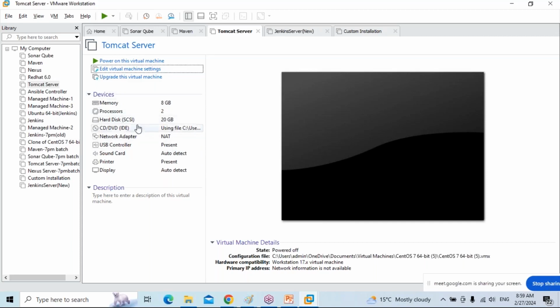You want to add the storage. Hard disk is the storage. Shut it down and add the storage. What I mean to say is, you can't add any resources when the VM is up and running. You have to shut it down, then add or remove the resources. Assume that I allocate 8 GB RAM.